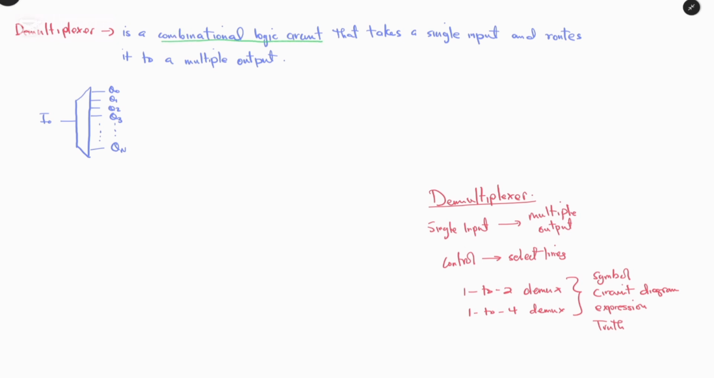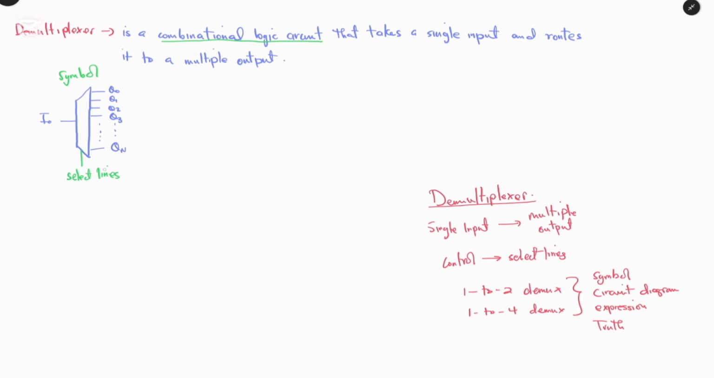And since we are talking about a combinational logic circuit, we know that the input at that instant can be equal to the output at that instant without any delay. So a combinational logic circuit such as a demultiplexer takes in a single input and routes it to multiple outputs. From this, we can see the symbol of a demultiplexer, and the control is nothing but the